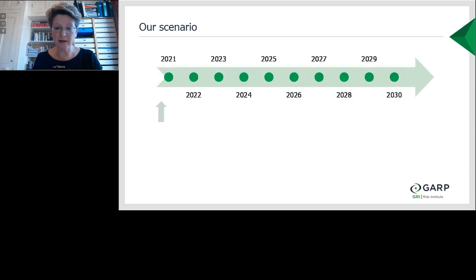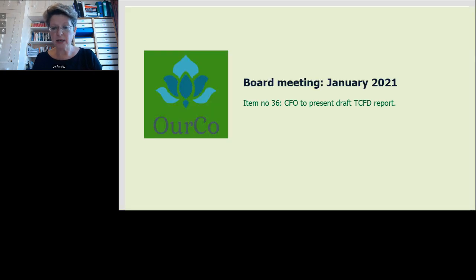Right, our scenario timeline. It starts in 2021. It's a 10-year scenario. And we're going to start the first board meeting, which is in January 2021. And item number 36 is the CFO is to present the draft TCFD report. Now, the background here